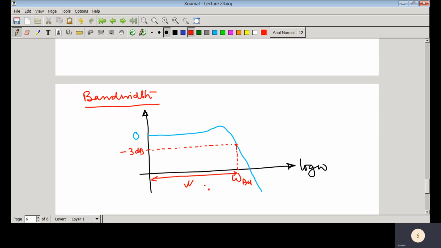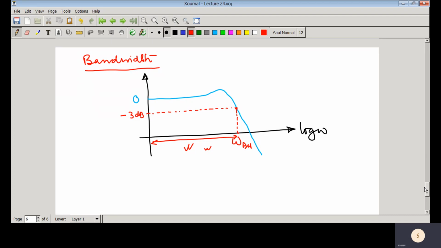And in this particular frequency range, the gain is above -3 dB. So this particular range is called the bandwidth. The formal definition of bandwidth is as follows. The frequency range, here from 0, tending to 0, like 0.01, 0.001, it is in log scale. So the frequency range omega less than W bandwidth and greater than 0, in which